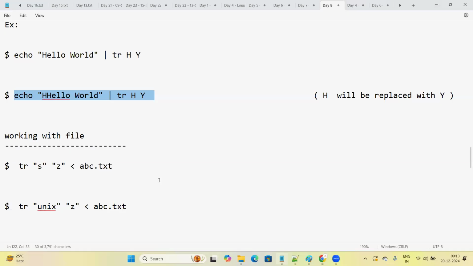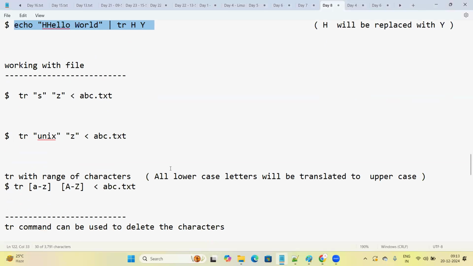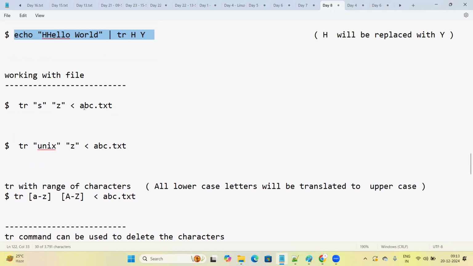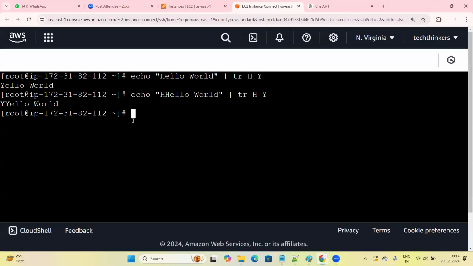Next thing. Let's take another example. Let's take an example file like abc.txt. How to create a file? We are aware of it, right? Either we can use the touch command. Touch is used to create an empty file. Suppose directly if I want to modify some content, we can use vi. Otherwise, directly we can also give cat